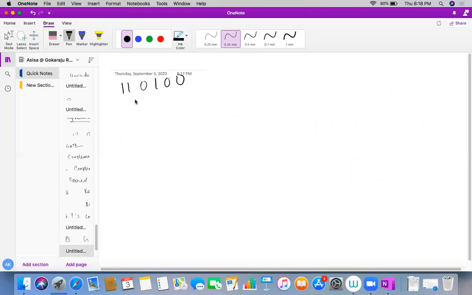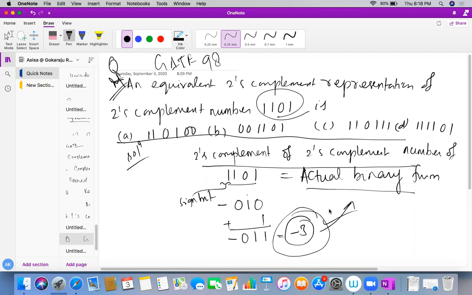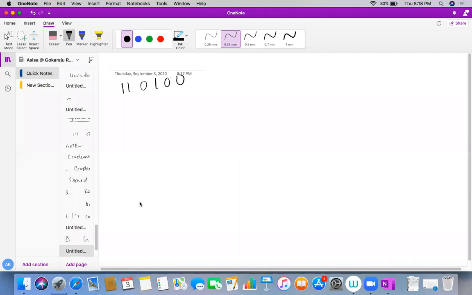The options here are in what form? The options are also in 2s complement form. If you want to find the actual binary, as we know the 2s complement of a 2s complement number 1101 gives the actual binary form, so I found the actual binary form of it. Now you have to find in which choice -3 is available. For that, check the options in reverse. The options are in 2s complement form, so in order to get the actual binary form, we have to take the 2s complement of the options. It's a little bit tricky, try to understand.